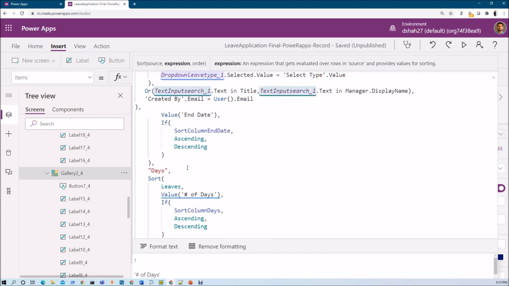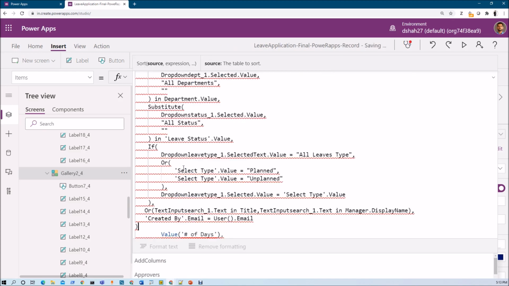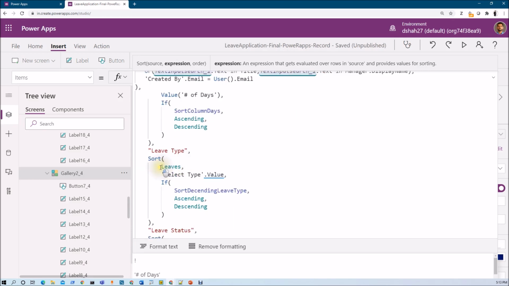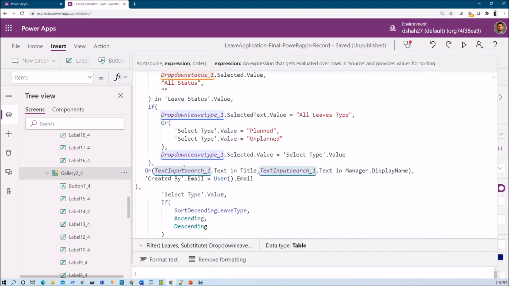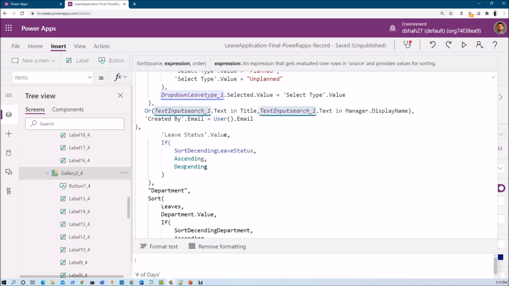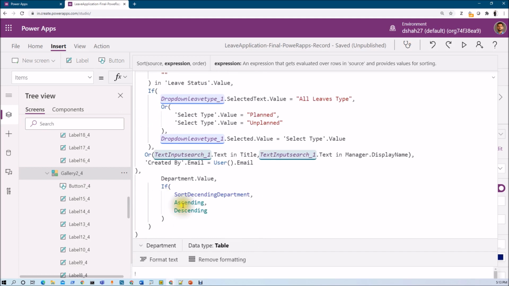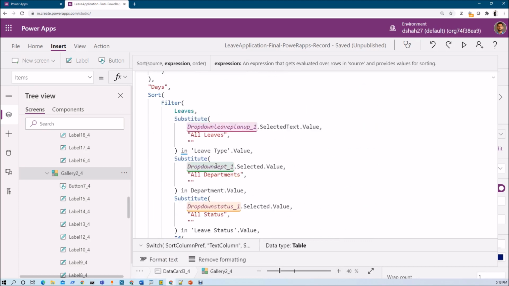Otherwise you will be confused, like, this is very lengthy code, it's too hard, you will think like that, right? But it's very simple and very straightforward. Instead of list, what we are doing is, whatever the filtered result over there, we are applying our sort on top of that, right? So we just need to paste that code simply here. So basically the repetition of code is around 7 to 8 times here that we need to do, right? We are good. Format text and we are good here, right?